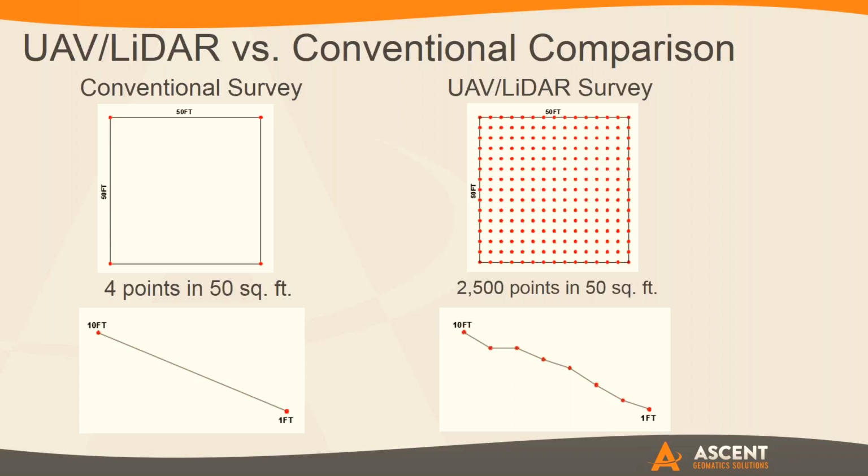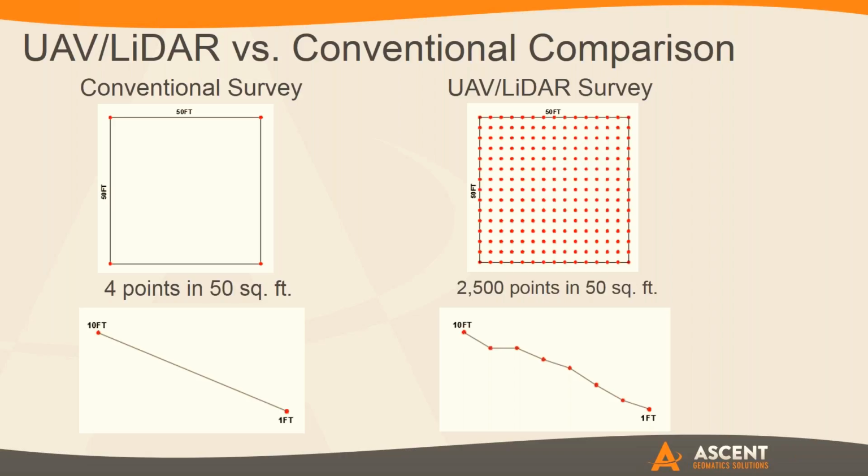So the idea is that a conventional survey, you're going to be getting a kind of a grid pattern. You're going to hit key grade breaks. You're going to get primary features because in the end you have a budget. You have a certain amount of time to get a certain level of detail. So we will always go out and get what's required at a minimum in order to be able to reach a certain contour input or a certain frequency. So the advantage of using UAVs and LiDAR is that you create that point cloud that Keith was talking about. And within that same space where you may only get a handful of points conventionally, you're getting hundreds, if not thousands of points that will show you every little undulation in the earth.